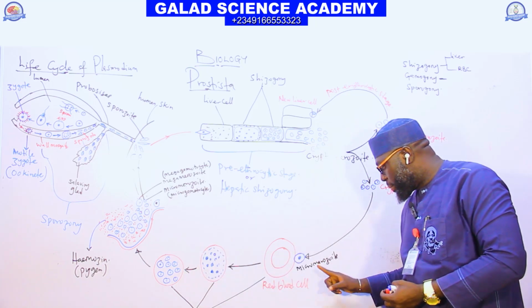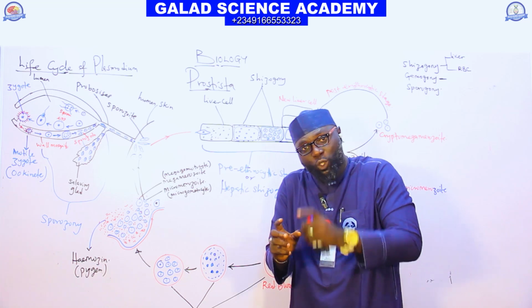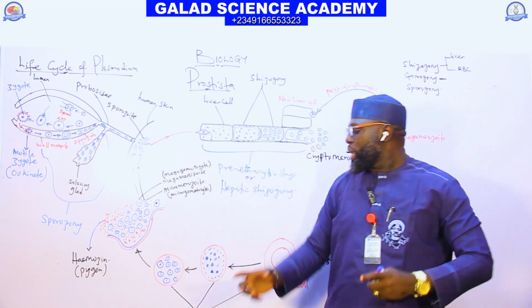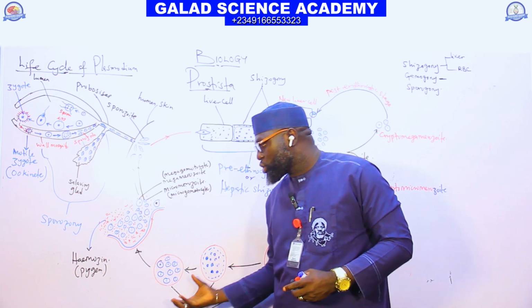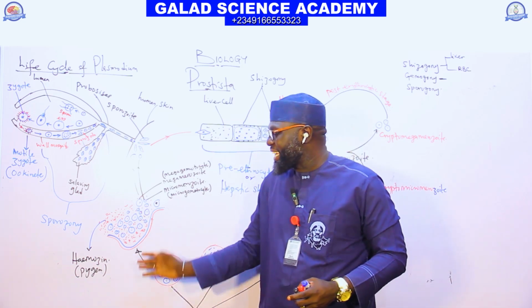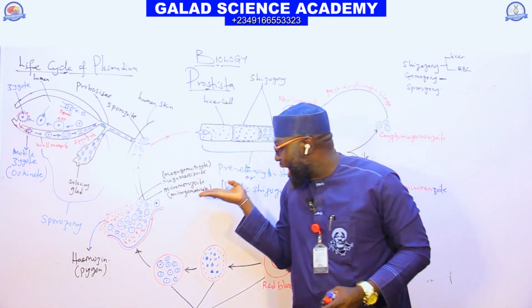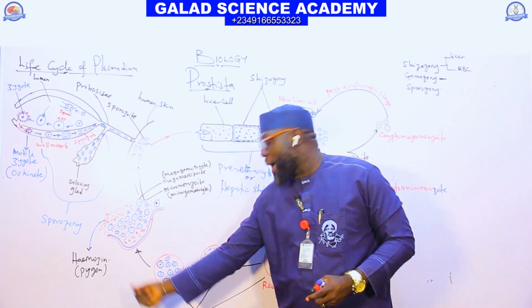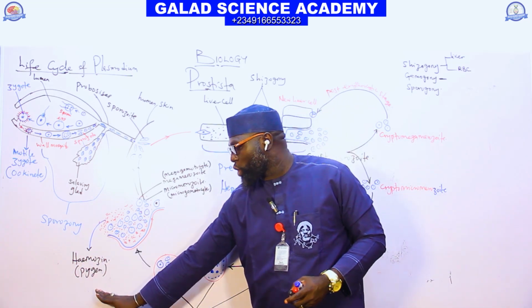The micro merozoite will enter the red blood cell and will now split. The nucleus will split and develop, each nucleus surrounded by cytoplasm and cell membrane. When it gets to maturity, it will burst and release two things: the gametocyte form, and the chemical substance which is called